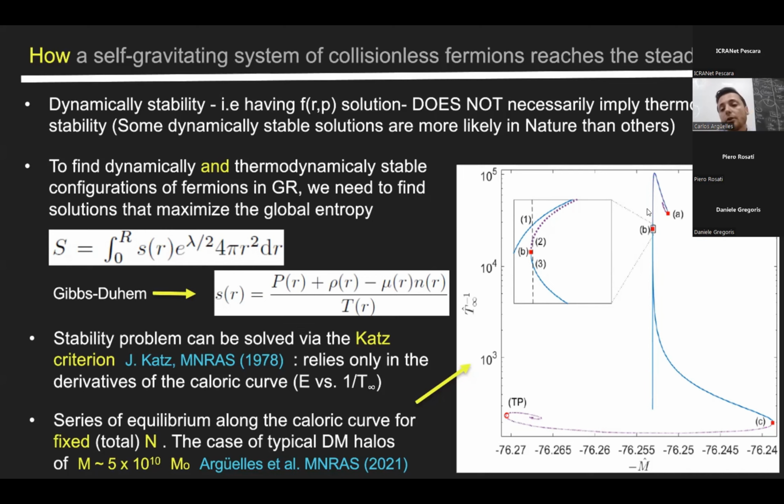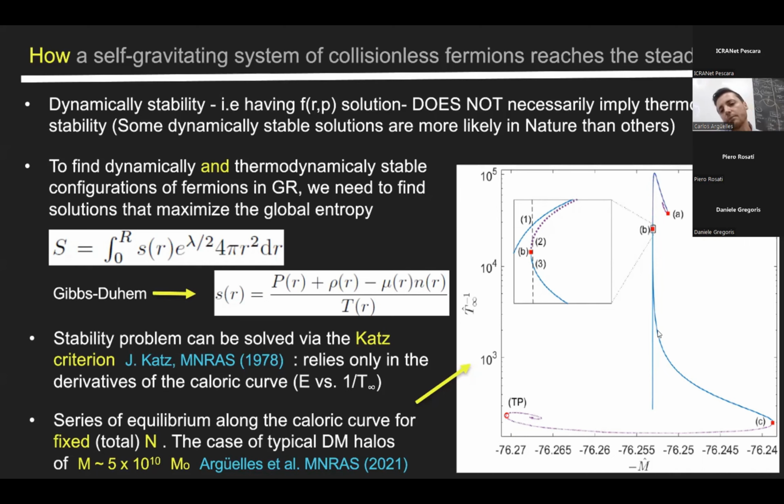Then this caloric curve starts to develop a spiral, but interestingly, this spiral does not go to a singular isothermal sphere, but de-rolls due to the Pauli principle. So interestingly, the quantum effects come to halt the gravothermal catastrophe typical of the Boltzmannian distribution function. But remember, we are working here with a fermionic distribution function. And so when it de-rolls, we pass through solutions 2 and 3, and after point B, there is